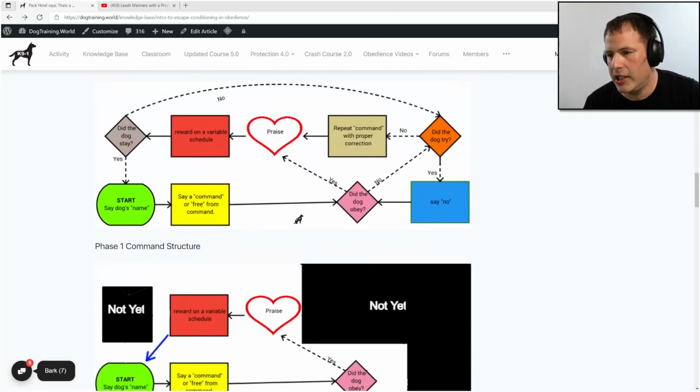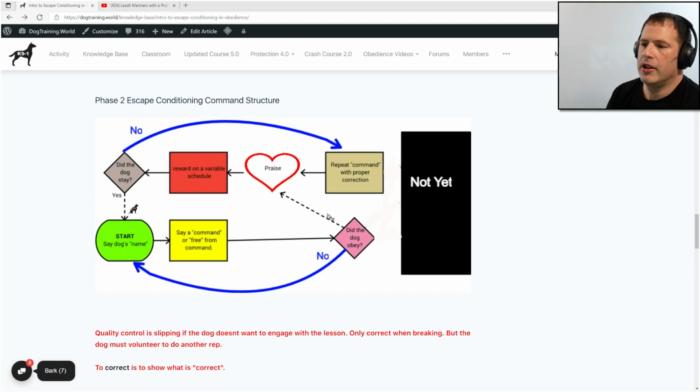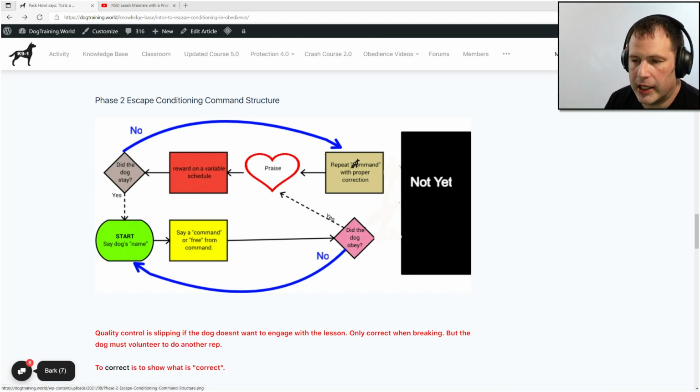And then remember here, and this is the point I probably didn't drive home, in our command structure, we're saying the command another time during the command structure here. And we talked about this right away, like in the ratio lecture, that when we say the dog's name is always safe. Still remember, when you say that dog's name, there's never any type of correction. We say the dog's name, immediately anything that follows, the dog gets a chance to do it. If they don't do it at this stage, nothing happens. All right? It's only once they're in the command